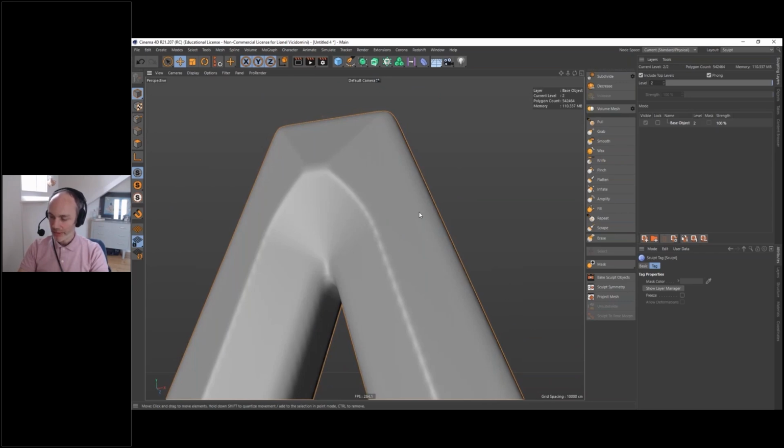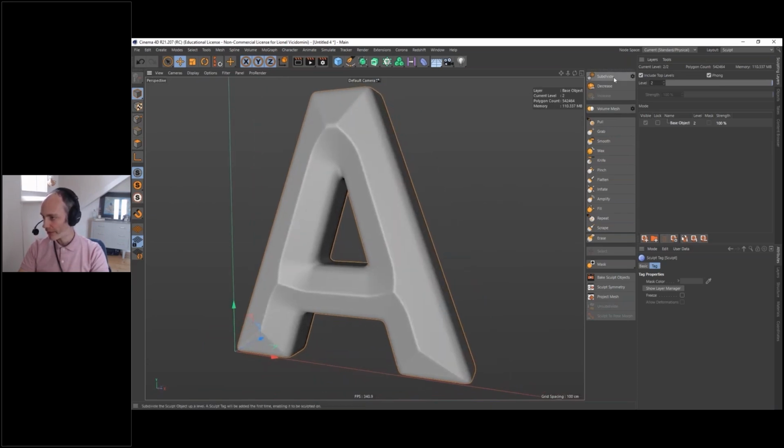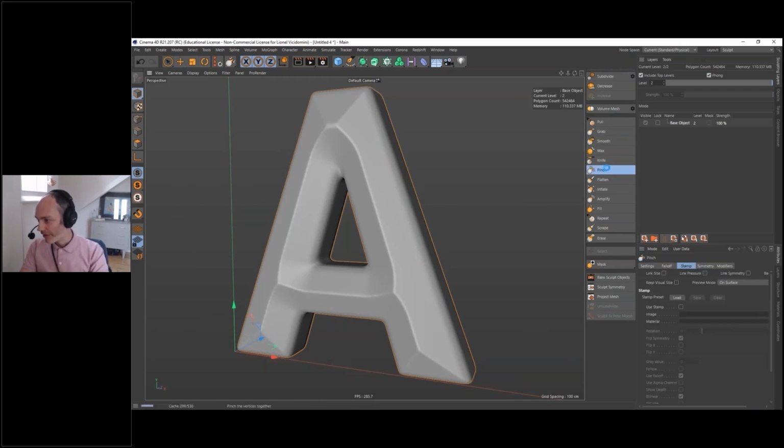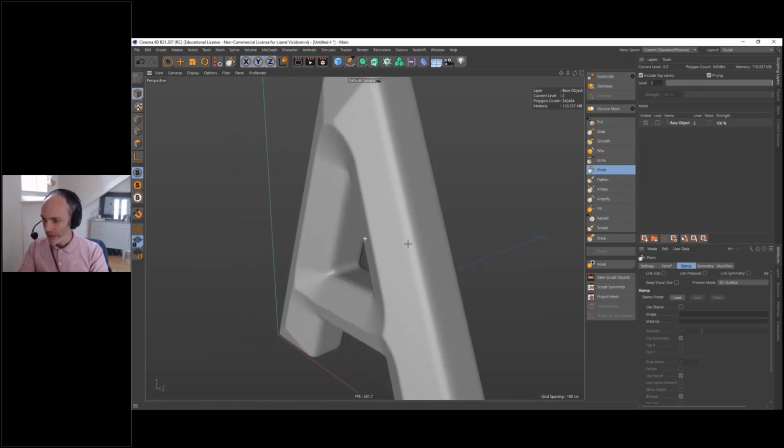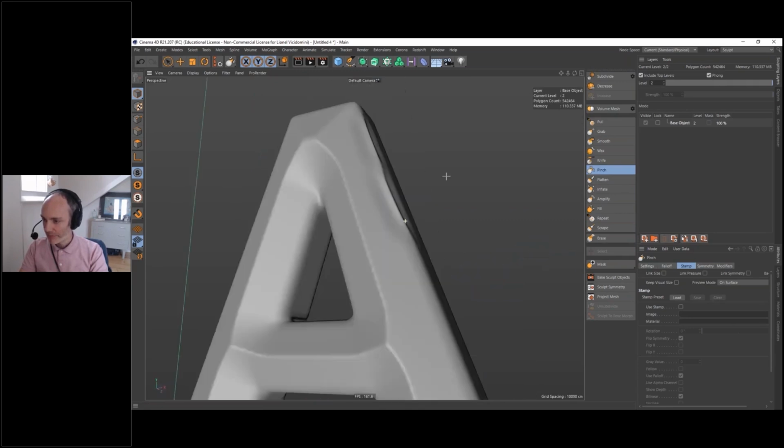We're going to add some flaws, some mistakes to make it look like a real world object. And the sculpting tools are just great for that. So we'll try to use, for example, the pinch brush, which does some pinching. It's very straightforward. I have the brush here. If I start, you can see it's pinching.